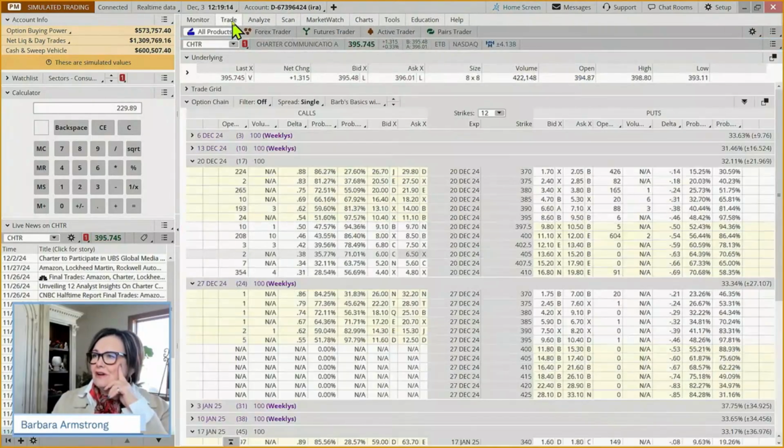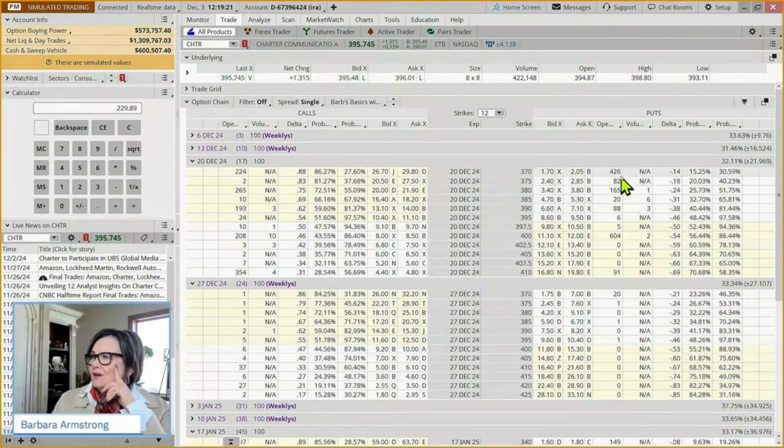So if we come to the trade tab, now if we look at, and we're going to be looking on the put side, this is only 2 weeks out. We typically want to look like 20 to 50 days. But I don't know, could we do something for the next couple of weeks where the market's been really bullish and get enough premium for it to be worth our risk?